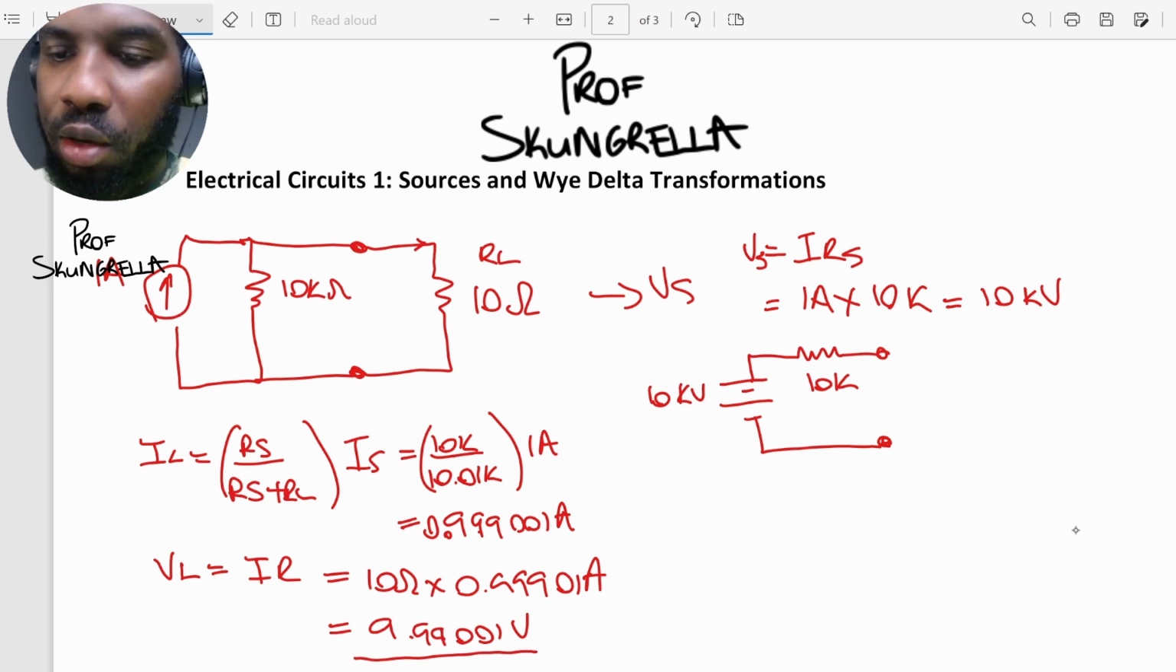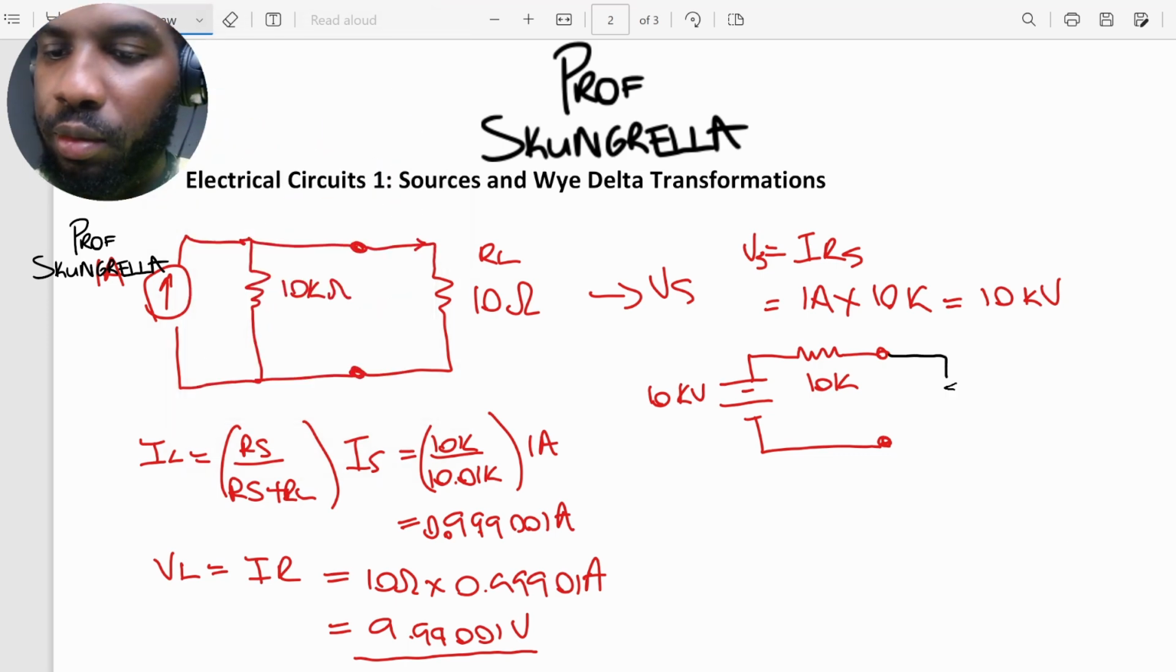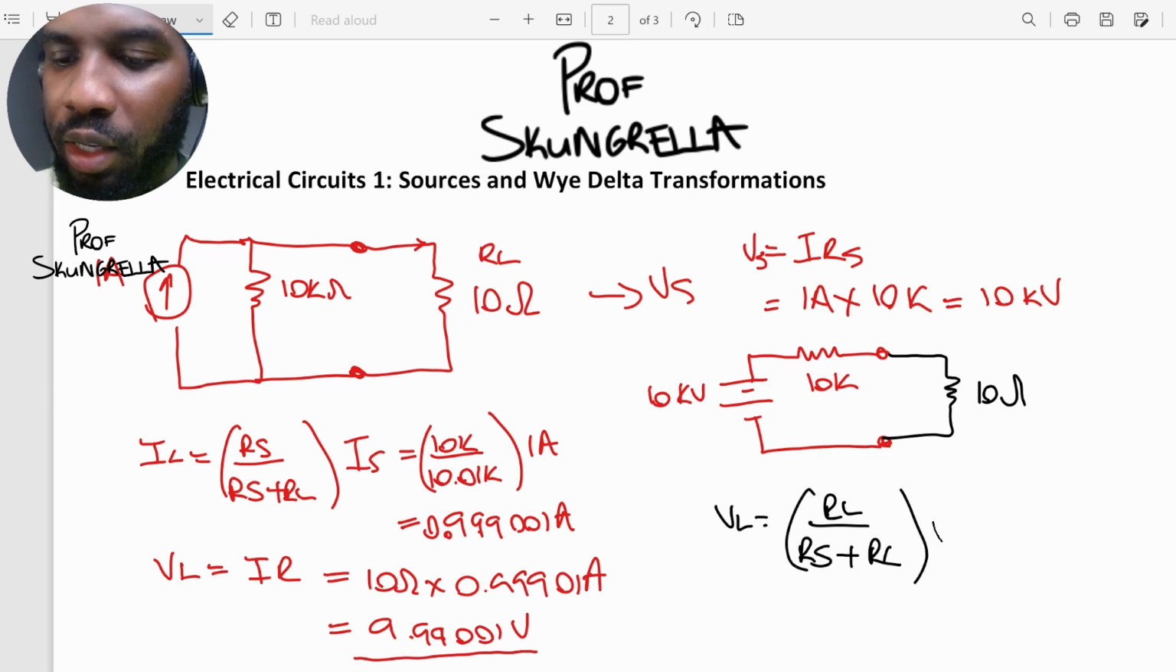Now let's do the same thing on here, where we're going to connect the load to it. Again, we have a 10 ohm load. So now we can find the voltage directly using the voltage divider equation. VL is equal to RL over RS plus RL times VS. And of course, we're going to have here